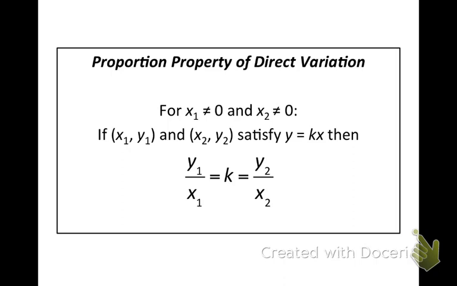So what the proportion property of direct variation says, again, I can't have zeros in my denominator. That's a no-no in the math world. So that's why that's written there. X1 cannot equal 0. X2 cannot equal 0. That's just covering our domain. Can't be 0. If you're given 2 points,